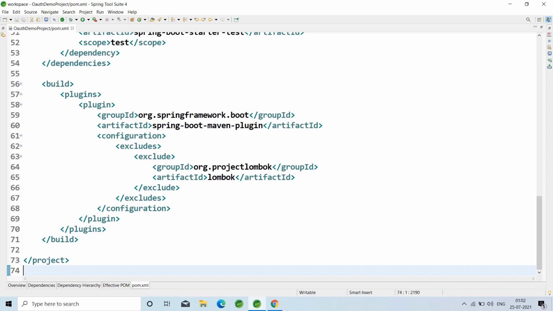In the case of OAuth applications, instead of each application communicating with each other, the first thing they will do is communicate with the authorization server, and that authorization server will generate a token. For example, application 1 wants to communicate with application 2.